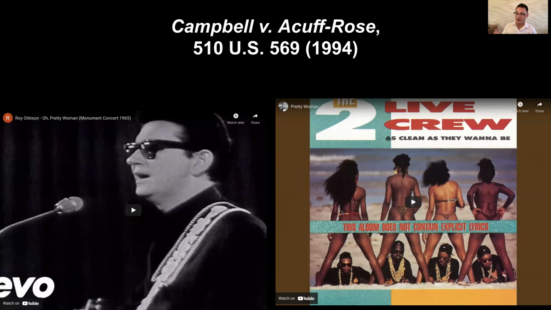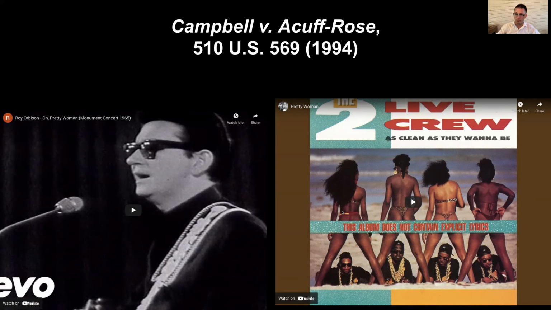In any case, Acuff-Rose refused to license the song to Two Live Crew, and Two Live Crew went ahead and recorded and released the song anyway, because they had planned to do so, and they didn't see any alternative option. At which point, Acuff-Rose brought an infringement action against Two Live Crew, specifically Luther Campbell, the impresario behind the group, and this was litigated all the way up to the